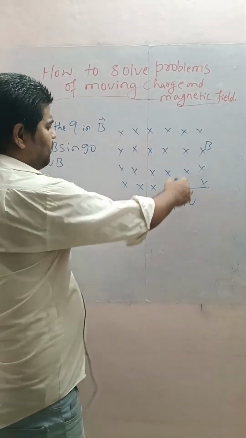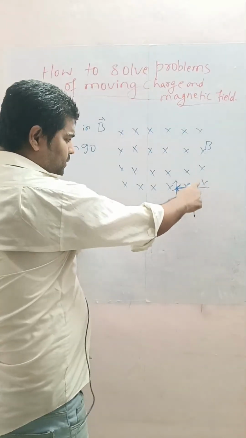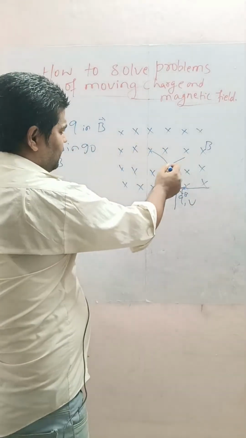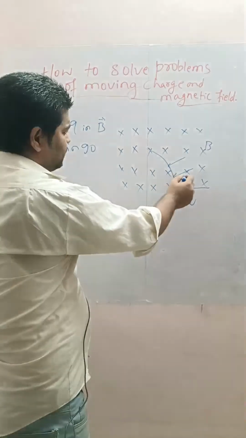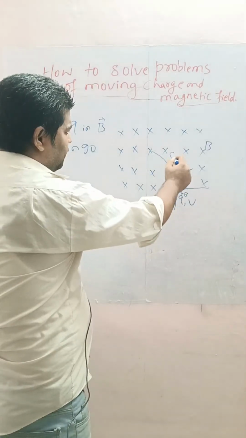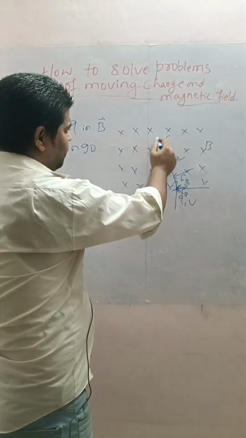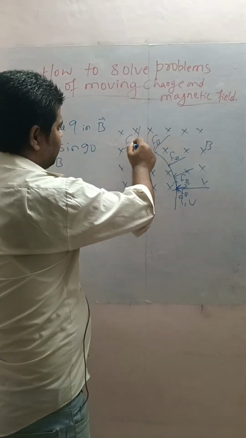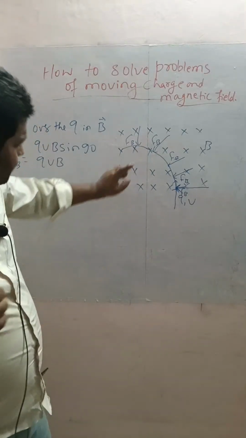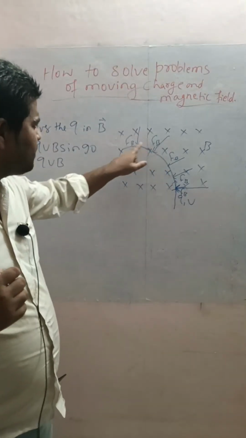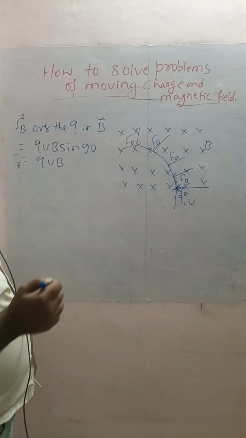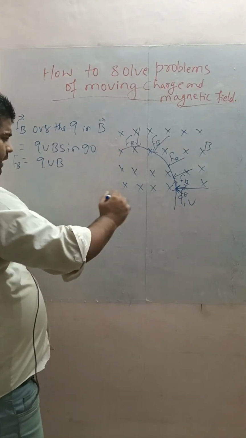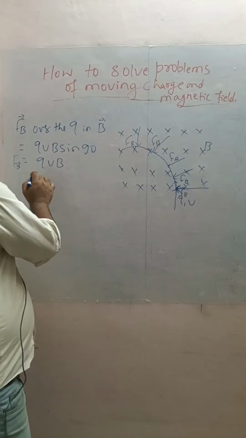Earlier it was moving like this. Due to the presence of this magnetic force, it will go in a circle. At each and every point, the magnetic force is acting in this way. Clear? Due to this magnetic force, it will go in a circular track. If there is no field here, it will come out in a circular track. And that's why